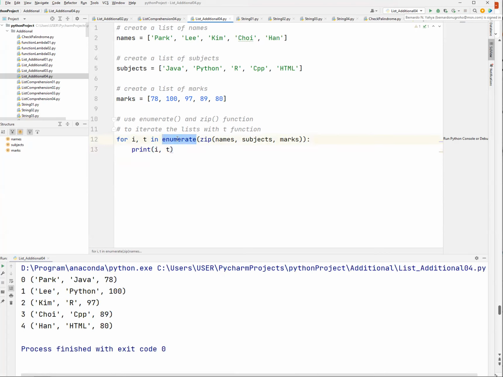when we do the enumerate, we will print with the index. And then we are going to zip. Zip is the combination, so I would like to combine every element. In this case, I would like to combine index 0, index 0, index 0, and we get Park, Java, and 78. I will combine index 1, index 1, and index 1. Then the result will be Lee, Python, and 100. Okay, so using this one, we can combine different kinds of lists, and then we can do some